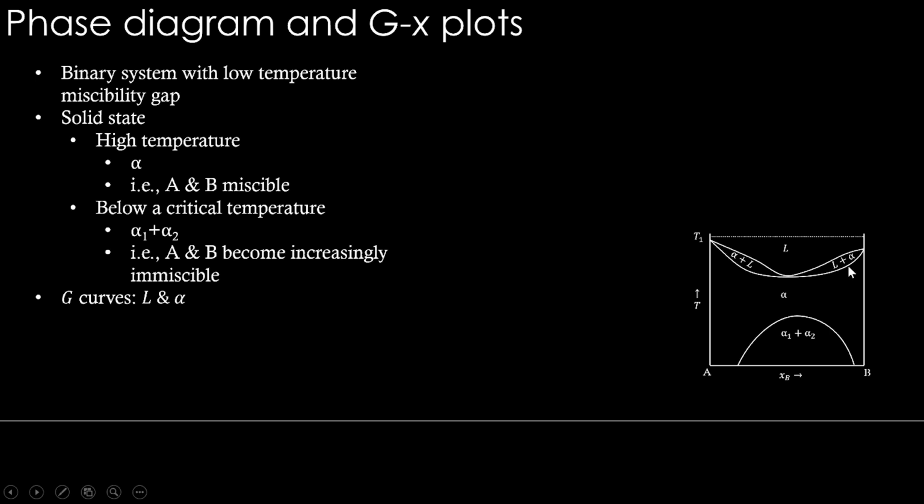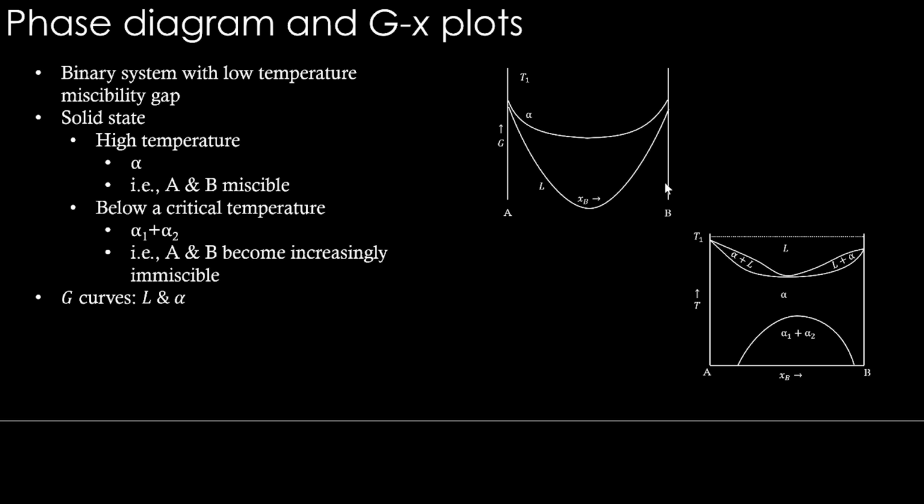Right. Now let's consider one of the temperatures, high temperature T1, where it's a simple phase equilibrium from left to right. There is only liquid being stable at this temperature. So if we plot these two curves at temperature T1, Gibbs energy versus composition, one for alpha, one for liquid, the alpha curve will be above the liquid curve throughout the entire composition range. It directly tells that the liquid phase has the lowest Gibbs energy and it will be stable. So this is straightforward.